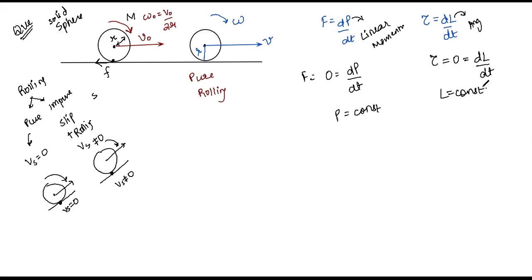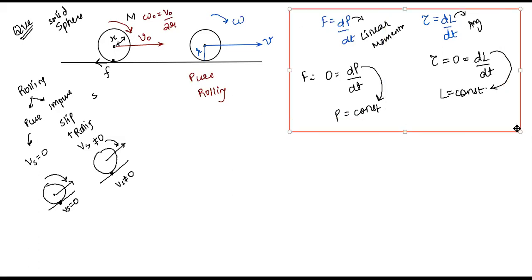Sorry, constant. Right? Because see here, you said if F is zero, then P is constant. Then by analogy, if torque tau is 0, then L is constant, right or wrong? Yes, sir. So we have revised this understanding that whenever torque is 0 about any point, then L will be conserved about that point. Am I clear, Atul? Yes, sir.